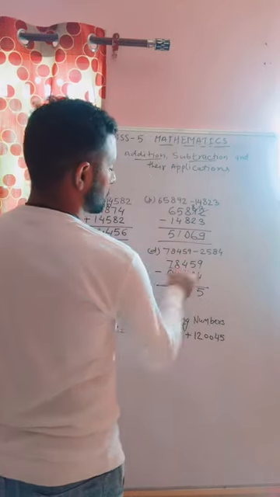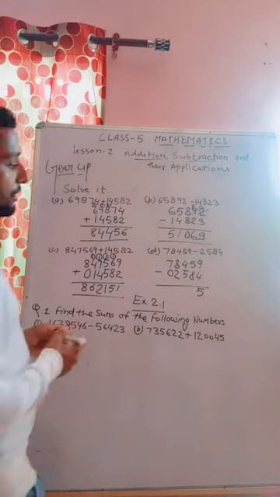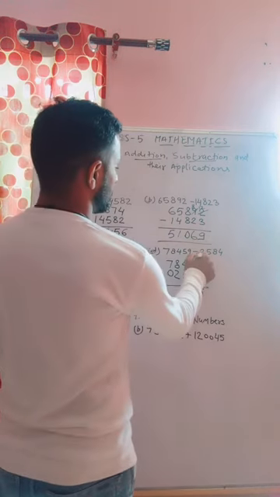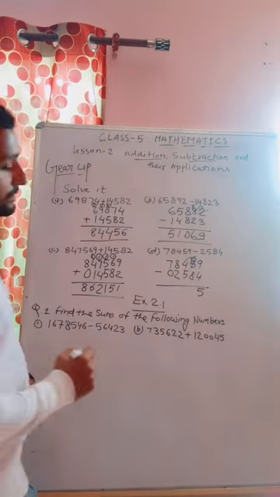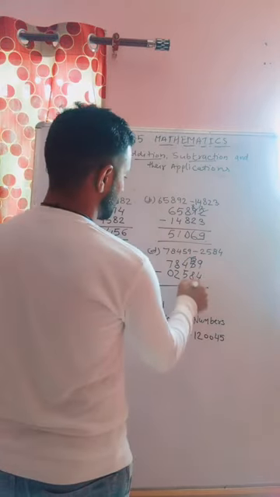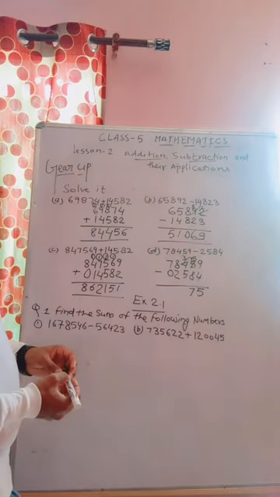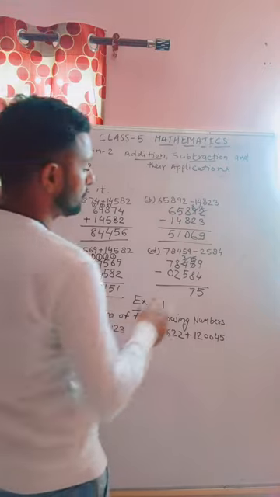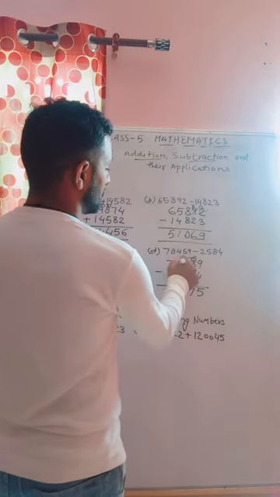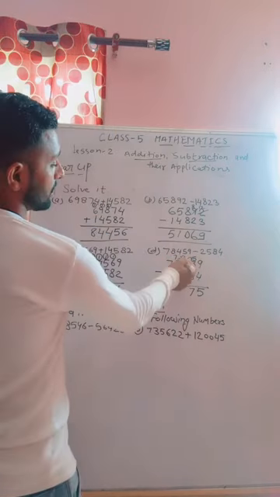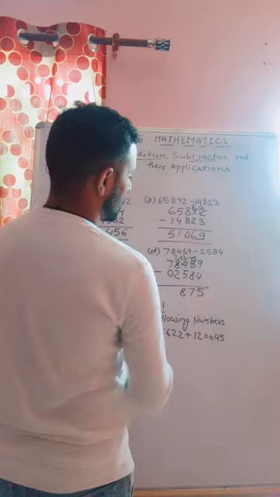Next, 5 less by 8. 5 is the smaller number, so we cannot subtract 8. Okay, first you call carry, and this is 15. 15 less by 8, what comes? 7. And left is 3. 3 less by 5, 3 is the smaller number, so cannot subtract. And you call the carry here, 13, and left the 7. 13 less by 5, remaining is 8.